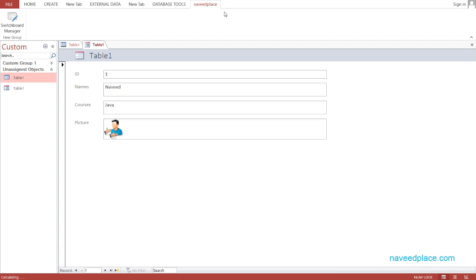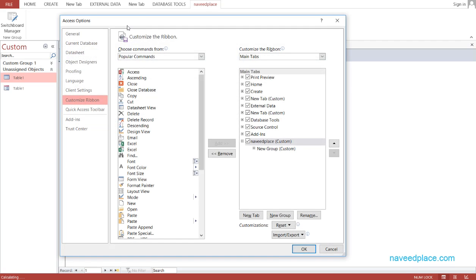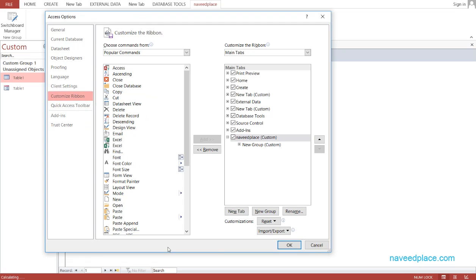In order to make our own menu, we come to the ribbon. So we come in File, and here we have Options. We click on Options, and as you can see, now we have a window, and here we click on Customize Ribbon. And if we want to make our own ribbon,